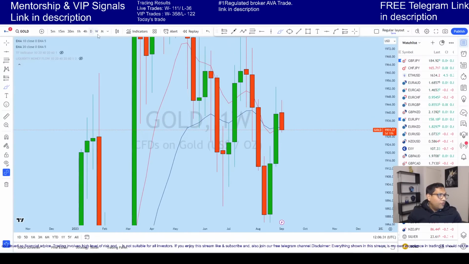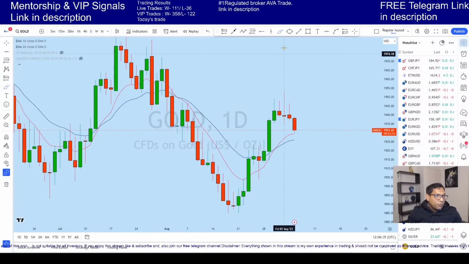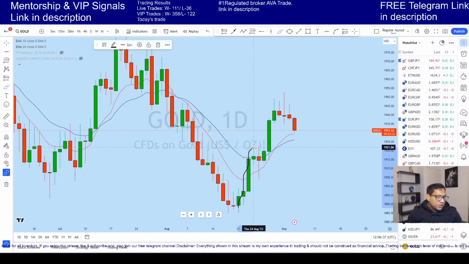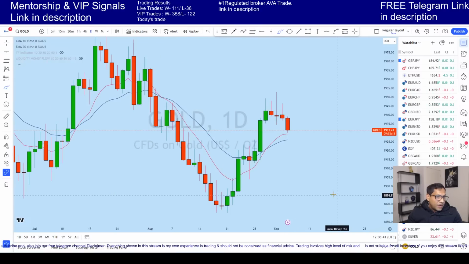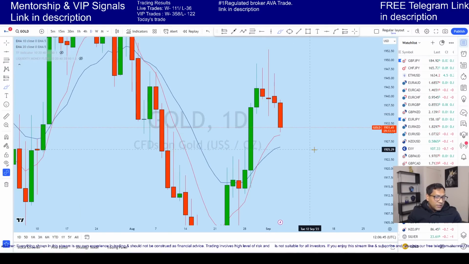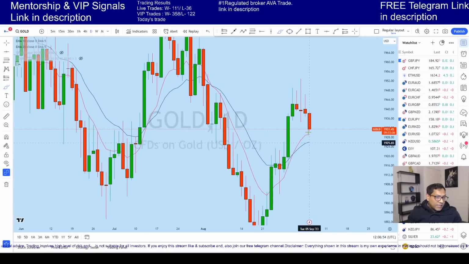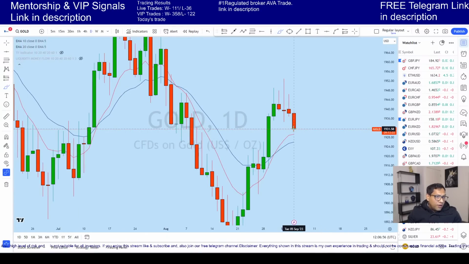Now if we look at the daily time frame, we see that this is a daily impulse, correction, impulse, and it is coming down for a deeper correction. After this two-wave move, the price coming down means that we can expect gold for further downside to this level, where there is a